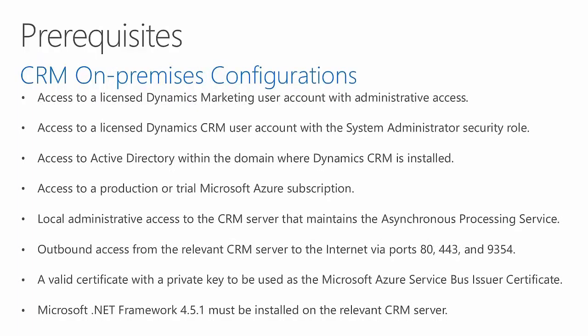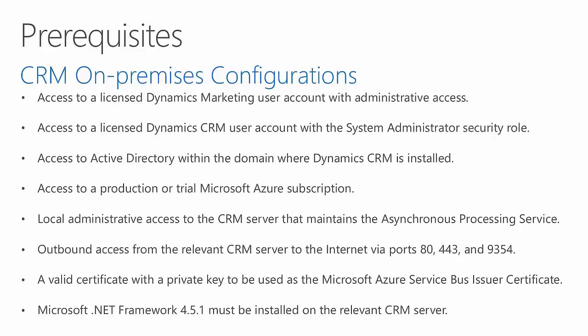When setting up the connector between Microsoft Dynamics Marketing and a Microsoft Dynamics CRM on-premises organization, the implementer must have access to a licensed Dynamics Marketing user account that has the administrator checkbox enabled, access to a licensed Dynamics CRM user that has been given the system administrator security role, access to Active Directory within the domain where Dynamics CRM is installed, or a trusted domain that CRM can query for users, access to a Microsoft Azure subscription where the Service Bus namespace and queues can be managed, local administrative access to the CRM server that maintains the asynchronous processing service, or at least one of the async servers if multiple servers are set up,